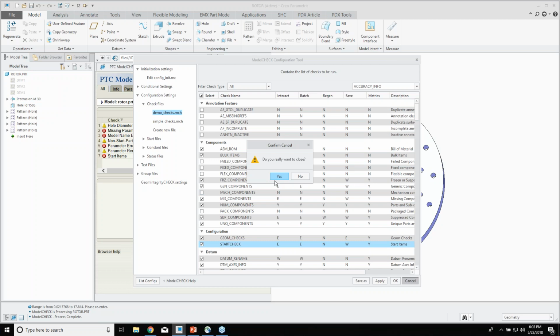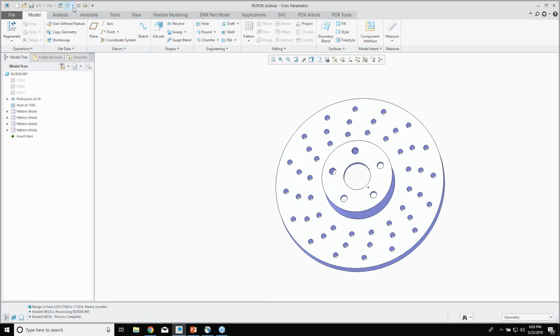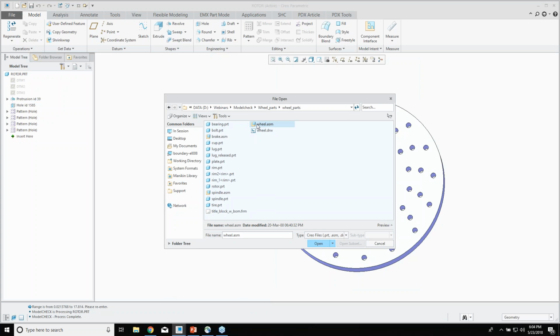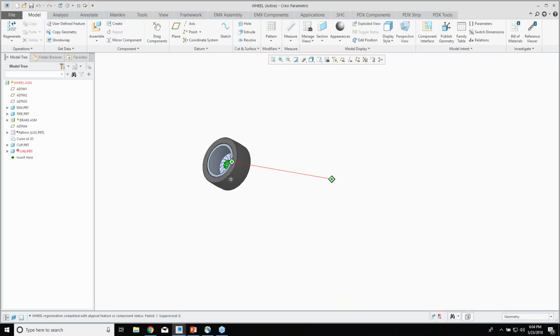Okay, so let's cancel this. And that's what I wanted to show in this particular model. Let's go and do assembly. So if we go to the wheel assembly, we open this up and let's run